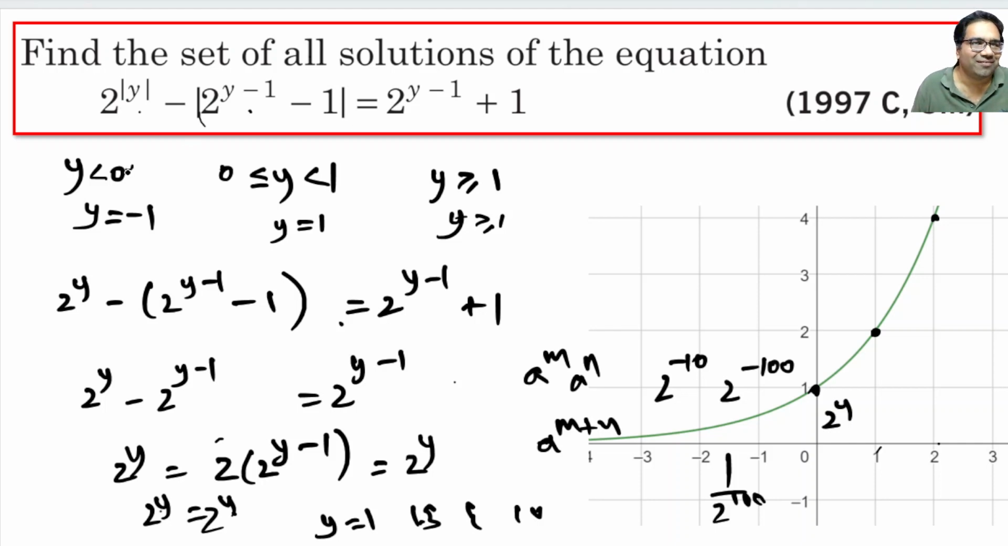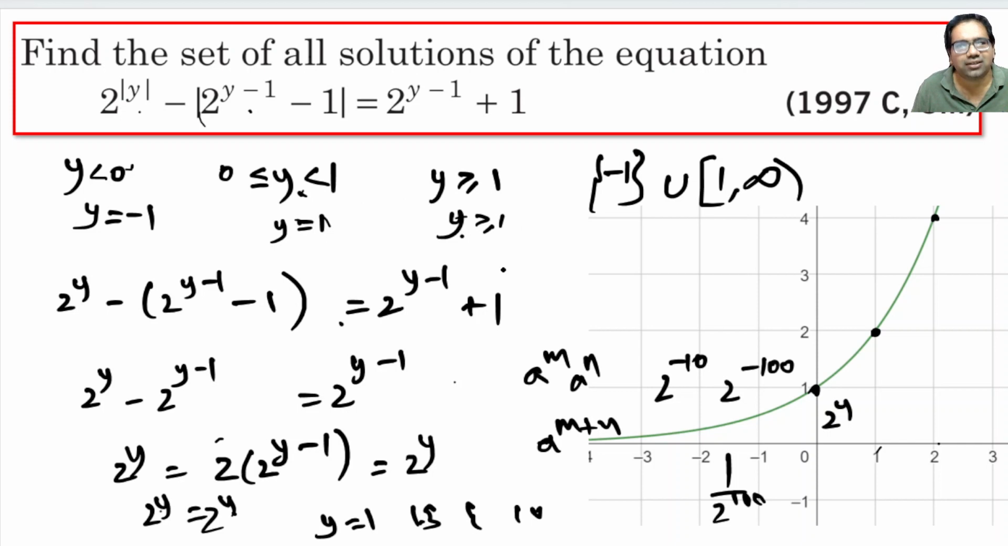So what are the solutions? When y is less than 0, it is minus 1. This is one solution. Union, y greater than or equal to 1, that is 1 to infinity. So with this, y equals 1, here we cannot take it, but that y equals 1 we are taking it here. Because we restricted y less than 1, when we got y equals 1 we ignored it, but doesn't matter. That y equals 1 has come here. How does this happen? Here y equals 1 we are not able to take, but here we can take it because when y equals 1,